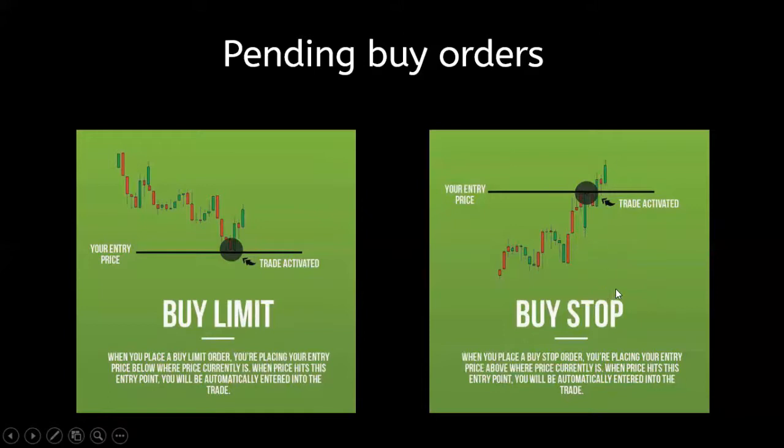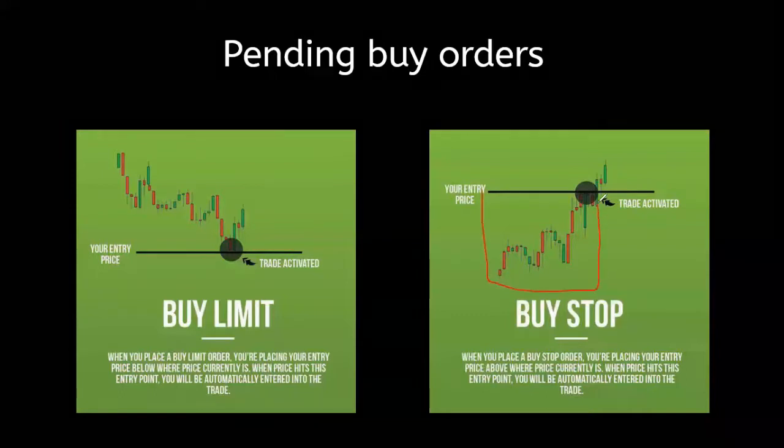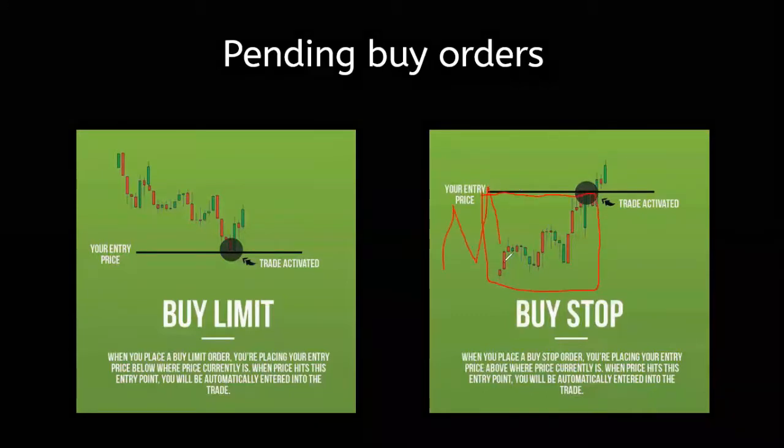The second pending buy order is what we call a buy stop. So you're placing your entry price above the actual price. So you're basically wanting to buy, but not at the current price. You want the price to be higher. Let's take, for example, that you had a rectangle over here from previous price, and you would like to buy only if it breaks higher. But let's say you see that and you are here,